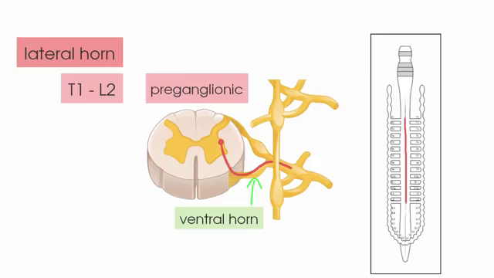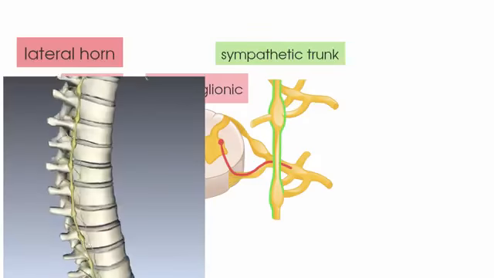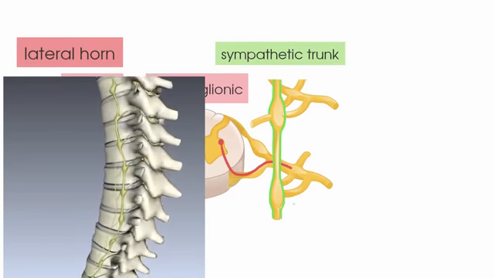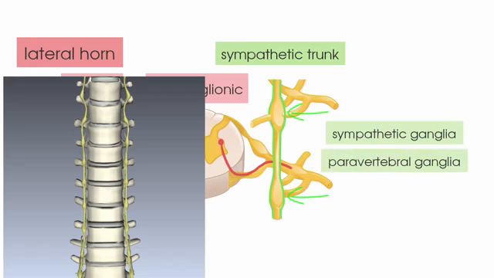And then on either side of the vertebral column, you've got something which is known as the sympathetic trunk. This is a chain of ganglia which extends from the base of the skull to the coccyx. So remember that ganglia are collections of neuronal cell bodies that lie outside the central nervous system. So these ganglia are the sympathetic ganglia, and they're referred to as paravertebral ganglia as they lie on either side